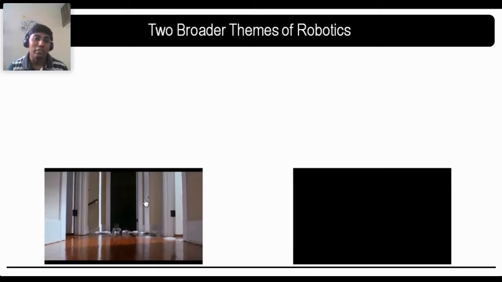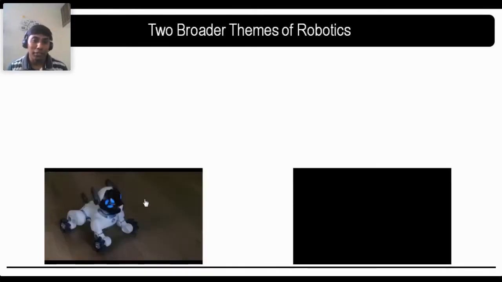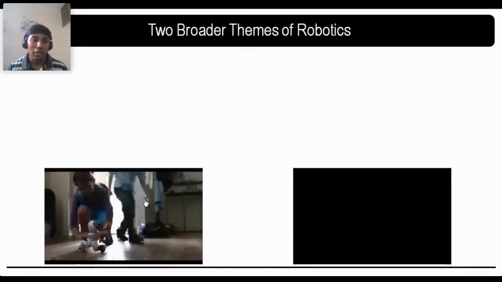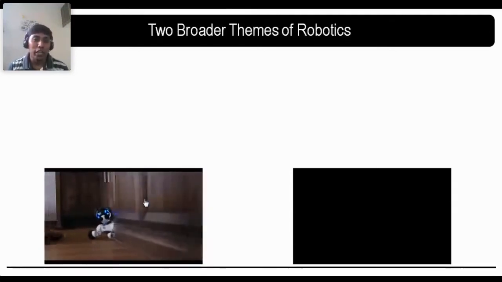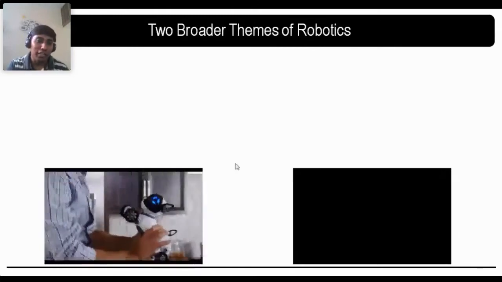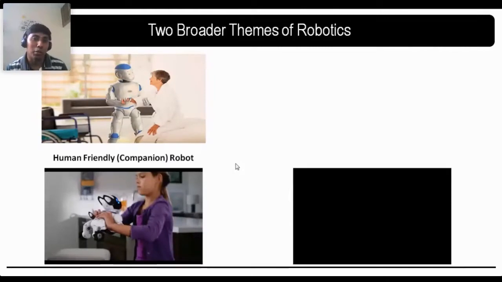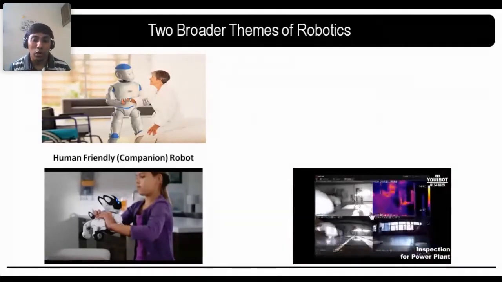But in future, that cannot be possible in all cases. For example, some apartments will not allow a pet, or probably in some places we cannot have one all the time. At that time we can think about some kind of companion robot. If that is the case, one broad theme will be the human-friendly companion robot. The other side is the more advanced robot, which we call the autonomous mobile robot,